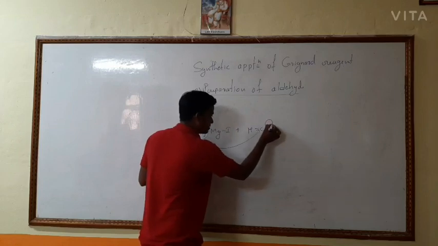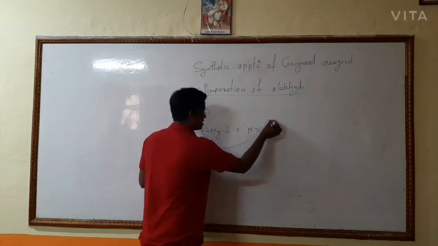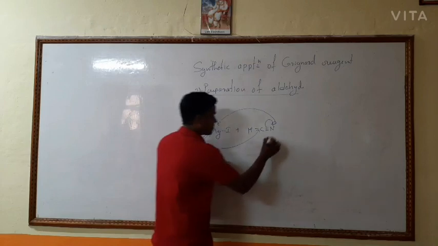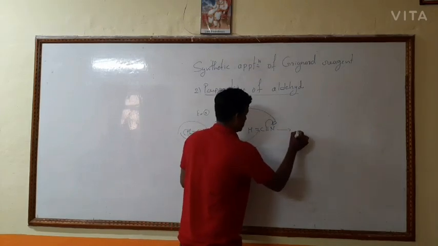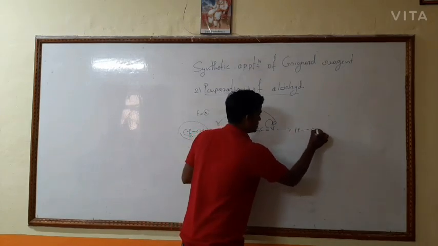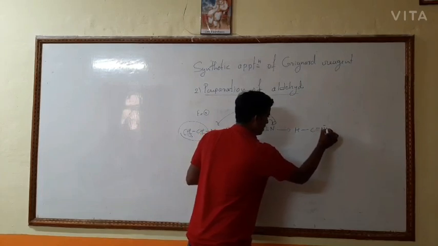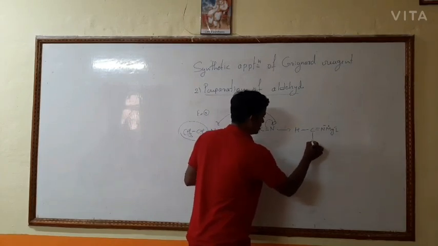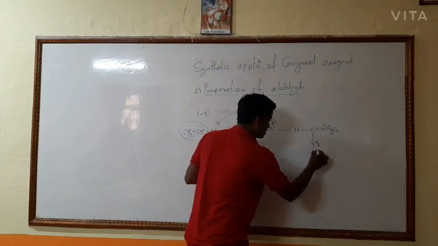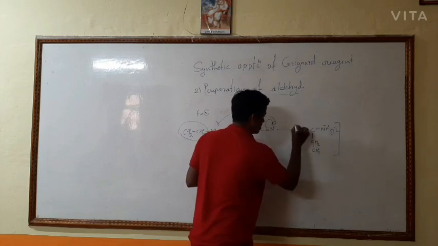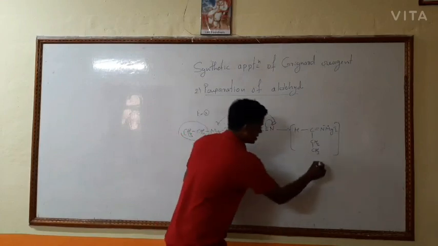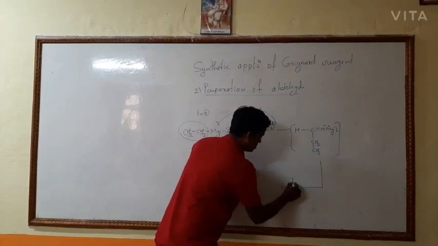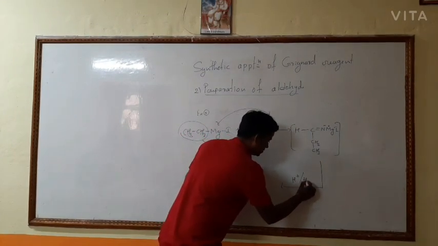Then the pi bond is shifted to the nitrogen. Again, this attacks the magnesium to give the addition product, C double bond N minus MgI, CH2CH3. This is our addition product, and it undergoes acid hydrolysis